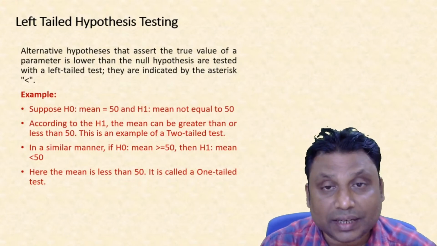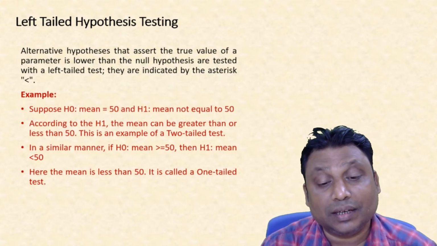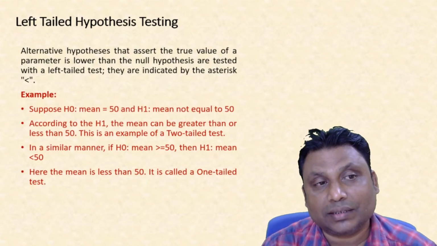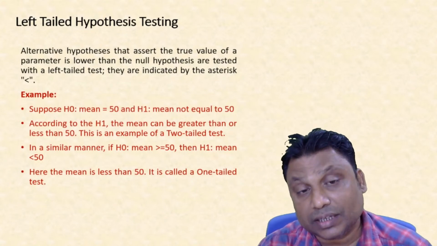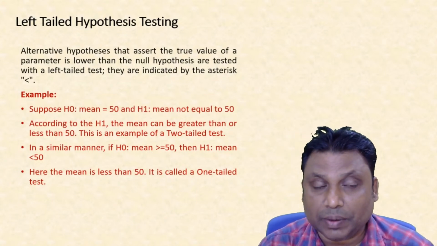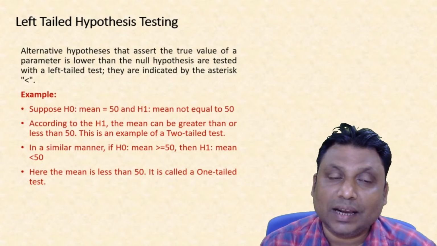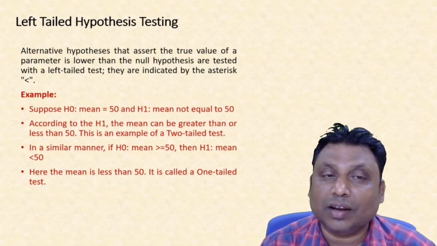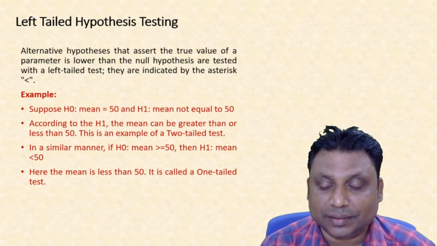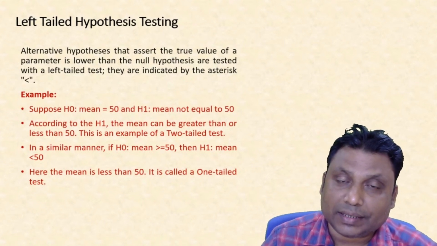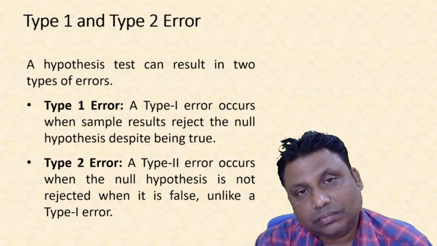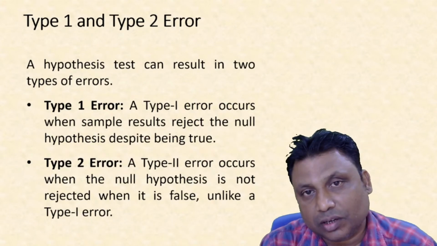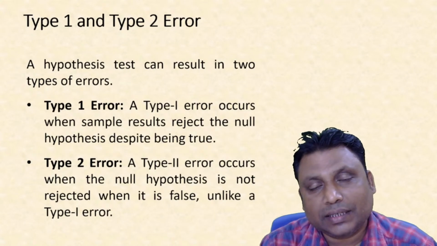But we do not just write one tail test; we say left or right. Left tail one tail test. If the sign is greater than, not equal to, we can say that this is a right tail hypothesis test. Right tail one tail test. Listen: after your null hypothesis, alternative hypothesis, left tail test, right tail test, or two tail test,